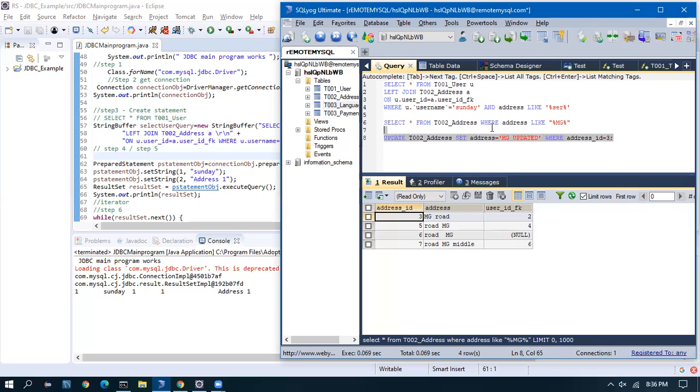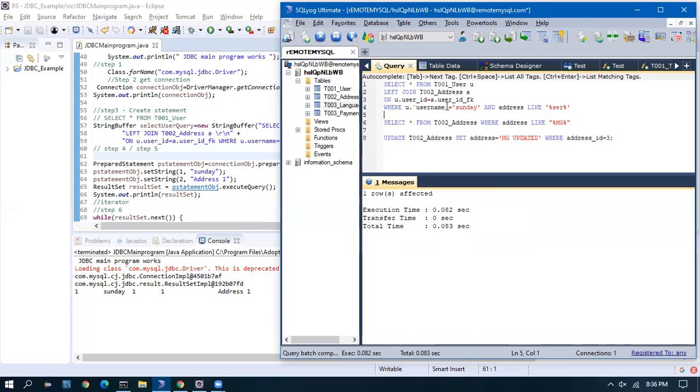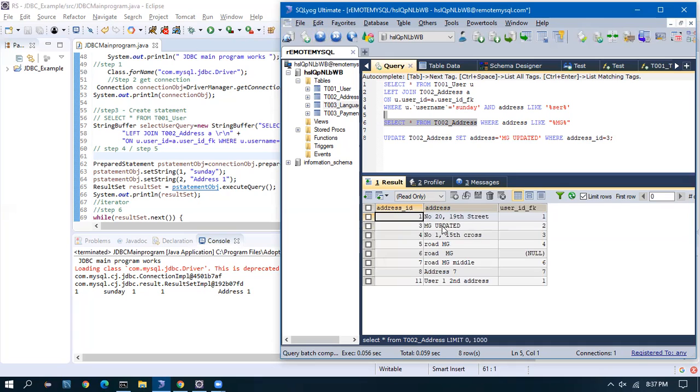If I run this query manually, one row is affected. If I go to the address table, I can see that MG updated.